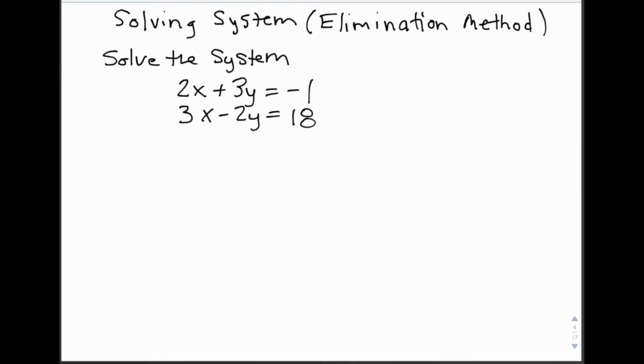So for this specific system, we have 2x plus 3y is equal to -1, and we have 3x minus 2y is equal to a positive 18. So step one